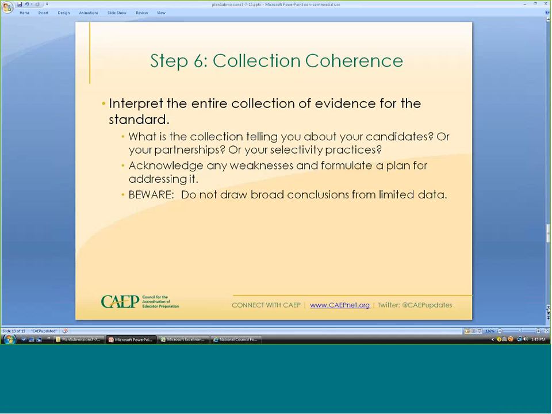What is the collection telling you about your candidates or your partnerships or your selectivity processes, practices? Notice, what is the collection telling you about your candidates? Standard 1. What is the collection telling you about your partnerships? Standard 2 question. What is the collection telling you about your selectivity practices? Standard 3 question, okay? You want to be interpreting that entire collection of evidence, not component by component, okay, going